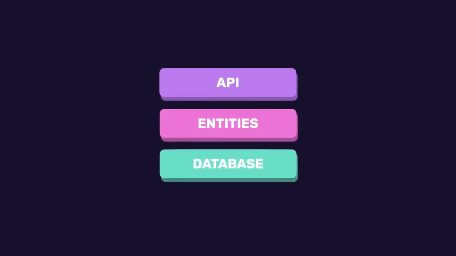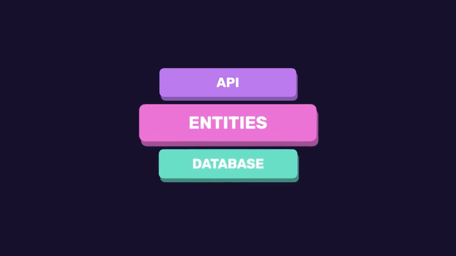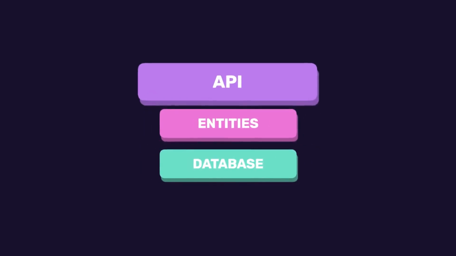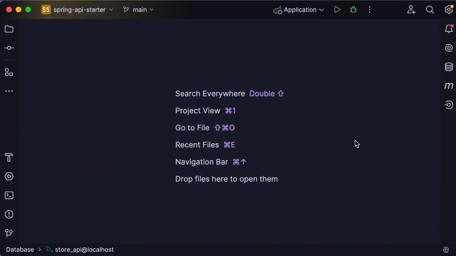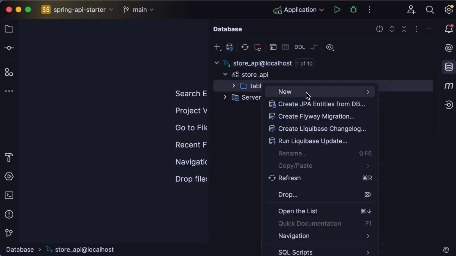All right, we're going to build this shopping cart API from the ground up. So we'll start with our database, then we'll create our entities, and finally the API. So back to IntelliJ, let's go to the database window. Here's our database. Let's add a new table